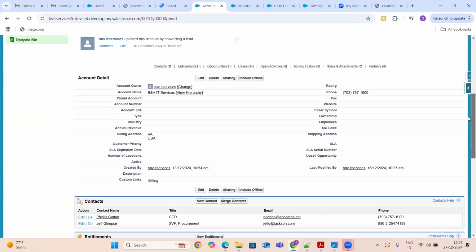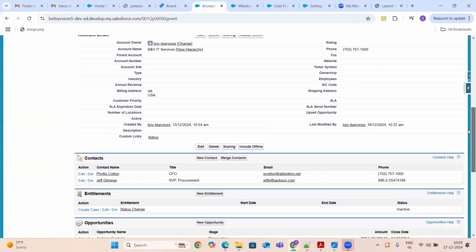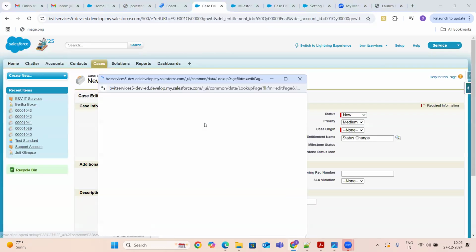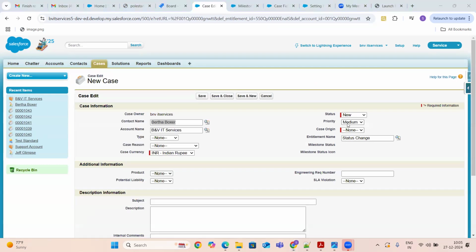This is our entitlement. From this entitlement, we tried to create the case yesterday.